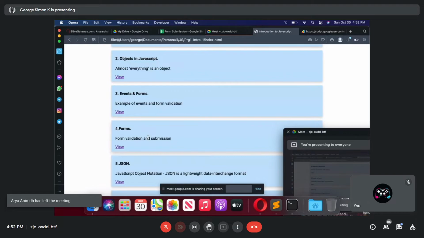Document.forms, we will get the reference to the form and the elements, whatever elements, you can do all kinds of validation. And if you want to display an error, you get a reference to the place where you want to display the error using document.getElementById, and then display the error.